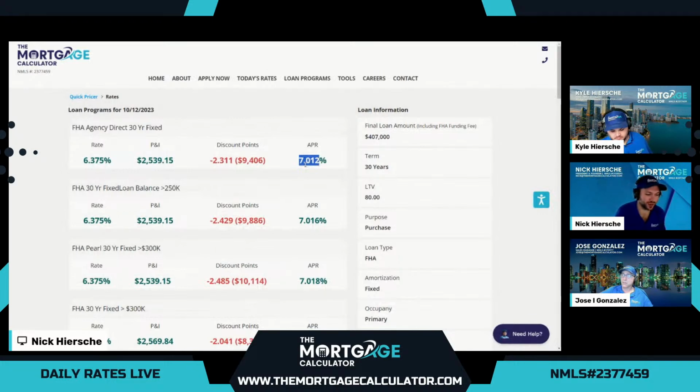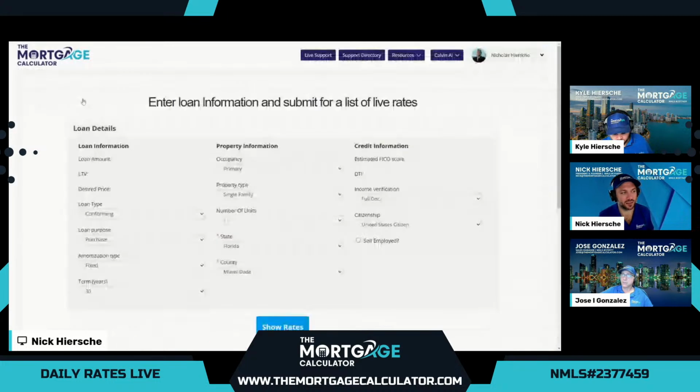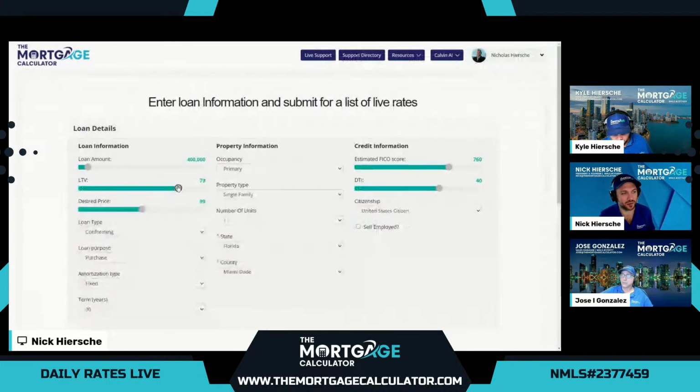So as it has been for the last recent while here, definitely recommend our customers that qualify for both conventional and FHA. FHA may actually be cheaper in this case, even though it does require the mortgage insurance both upfront and yearly, which is included in the APR there. Now, if for any reason our customer doesn't qualify for either conventional or FHA, many other banks or lenders have to deny that customer, but that's where we love to help out with our non-QM programs.